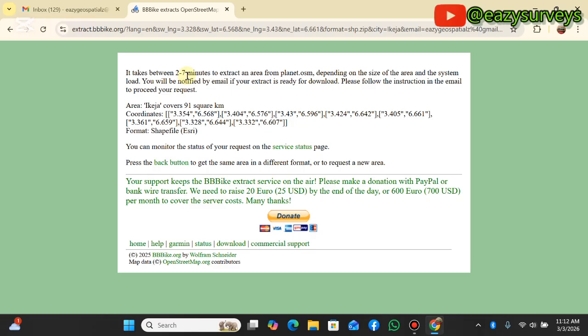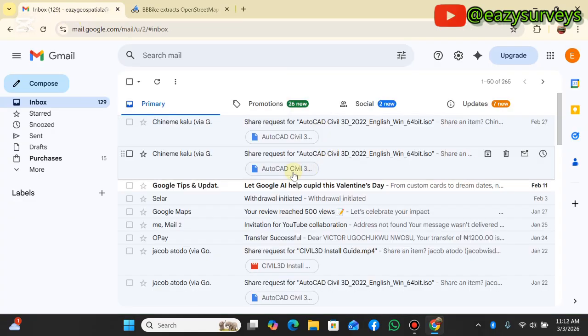in your email box. All right, so you can just go to your email to wait for 2 minutes. In 2 minutes time it's going to drop on my email, so just give it a little bit of time. Right, so in 2 minutes time, if you don't get any email on your email address, you click on refresh to refresh, and if you cannot see it under your inbox, all right, this is what you will not see